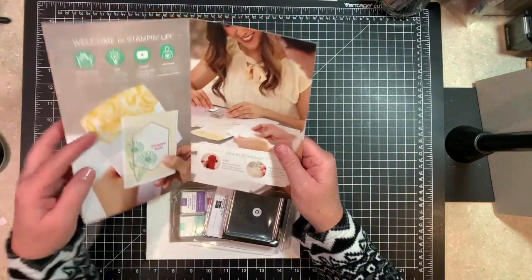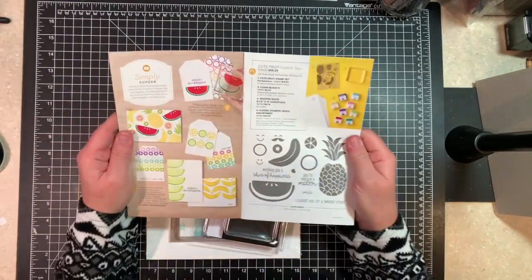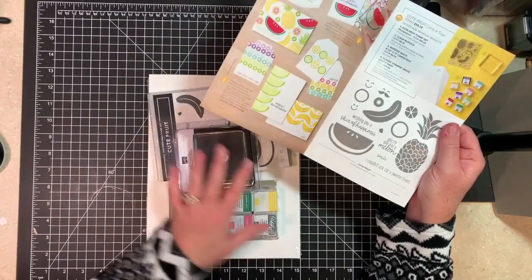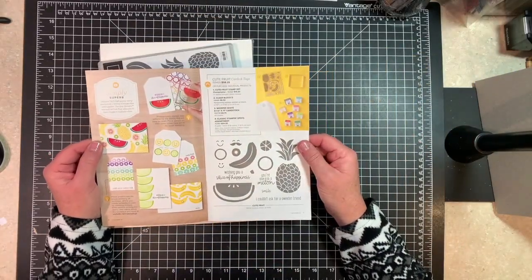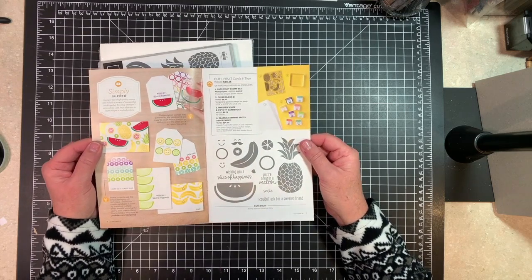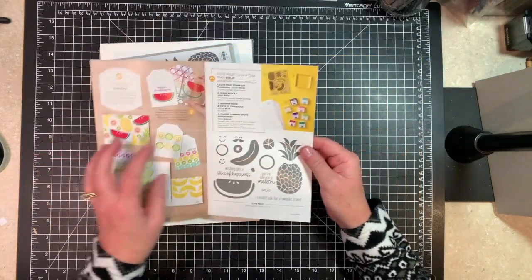Make beautiful things. So this is like if you're just kind of dipping your toe into stamping and you're not quite sure if you really like it or want to make the investment, this is a beautiful kit for you because it basically gets you set up with everything that you need to experience stamping and decide if you like it or not. So this is called the Cute Fruit Cards and Tags, and what comes with it is the